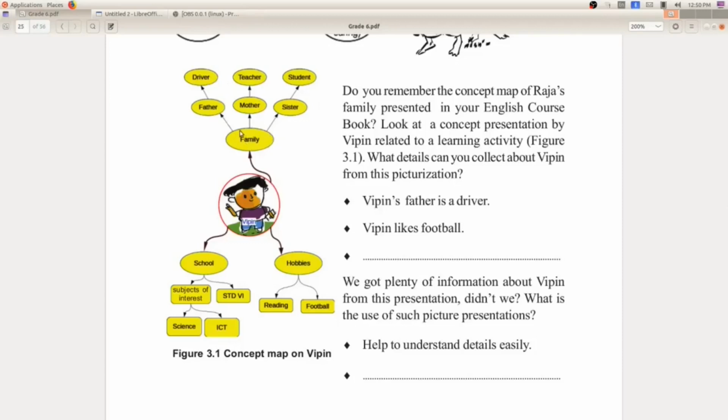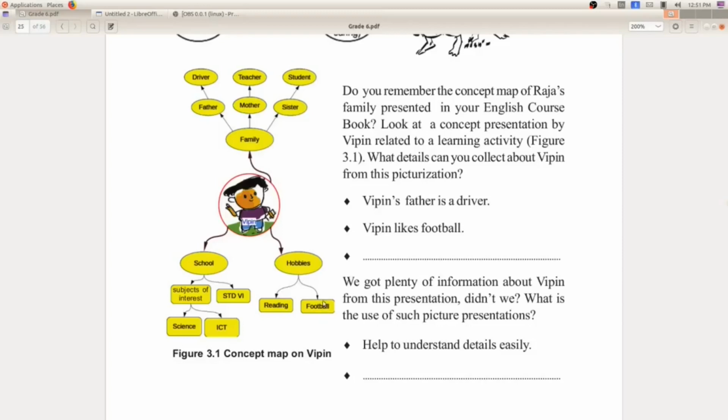So all of you got an idea about LibreOffice Draw? Yes. Let us check his school concept. He is studying in standard 6. His interested subjects are science and ICT. So it is very clear about his school concept. And the third concept is hobbies. His hobbies are, first one reading, and he likes to play football.